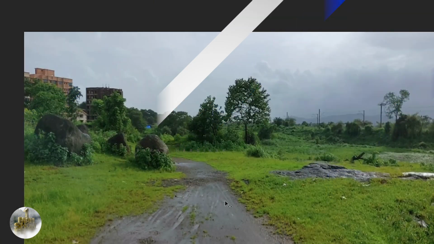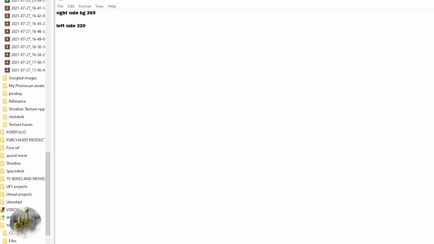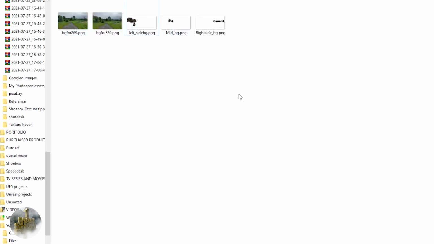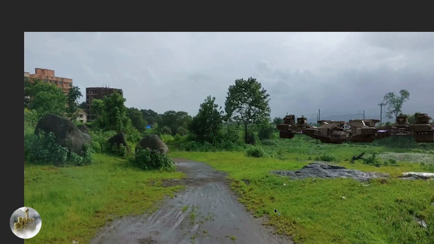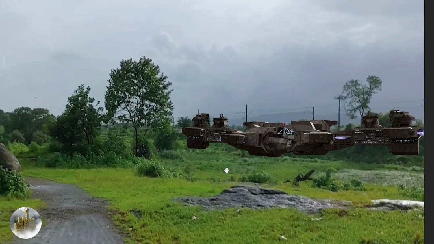Then once exported those frames, I opened Photoshop and imported those frames and our PNG renders to match it together. Then what I did is the simple editing like erasing, color matching.